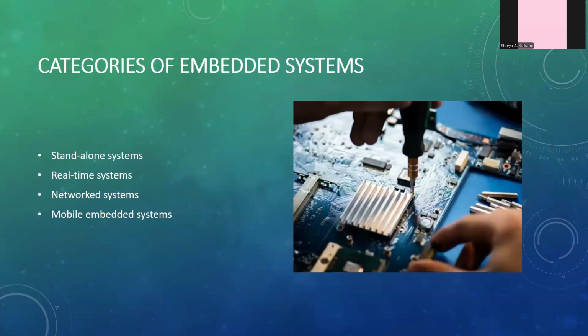Then we also looked at the categories of embedded systems. So there are 4 or 5 categories of embedded system. So first is the standalone system. Standalone system is like it takes its own decisions. Example is self-driven car. So it does not need any other external device to tell it what to do. Like there's no instruction, there's no master slave type over here. It takes its own decision. So example is self-driven car.